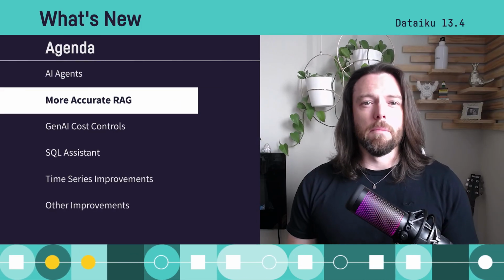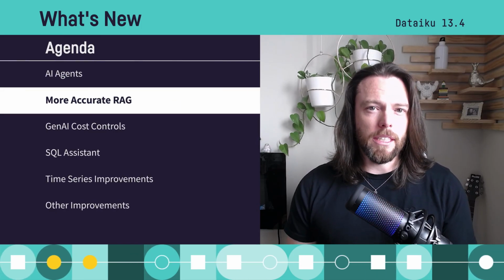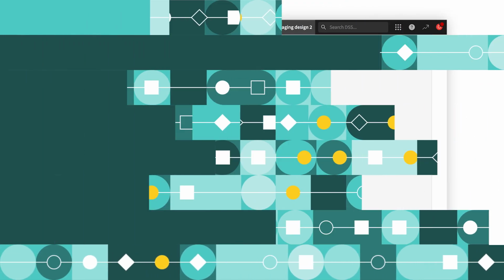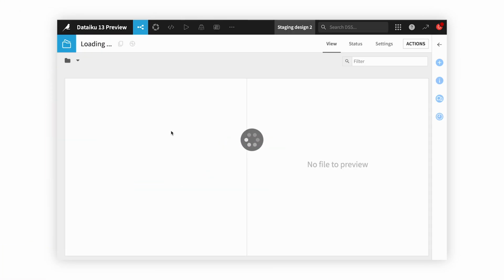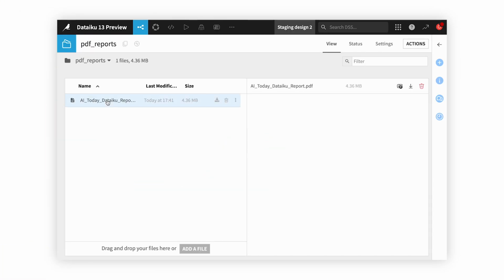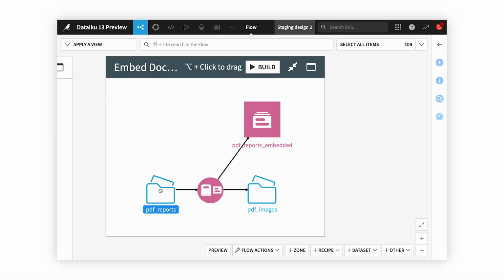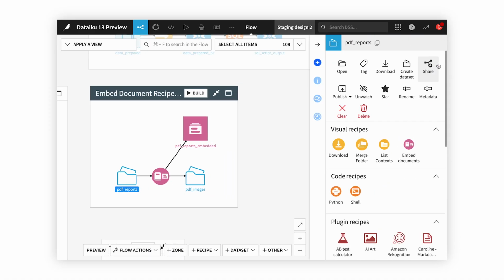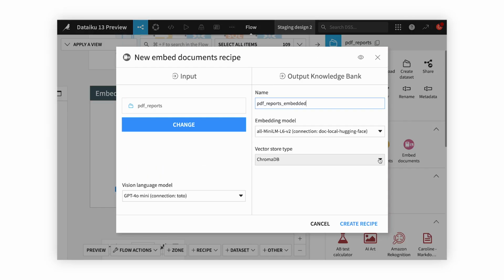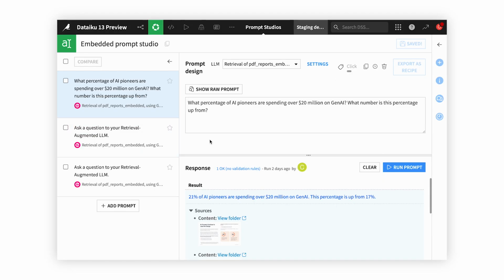Now let's take a look at some powerful improvements we've made to our RAG capabilities. If you've ever tried to build a knowledge bank using PDFs that have embedded tables or diagrams in them, you know how tough it can be to capture that type of information accurately. Our new Embed Documents recipe simplifies this process. Whether you're working with tables in PDFs or diagrams in presentations, you can now capture this visual information in your documents to create a multimodal knowledge bank. This is especially valuable for teams dealing with technical documentation, financial reports, or any content where visual elements are crucial